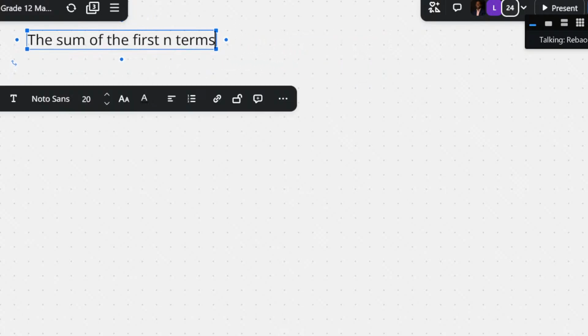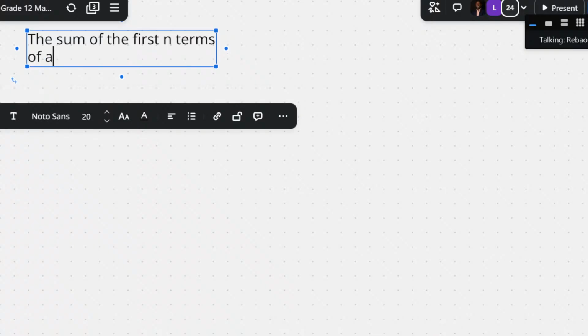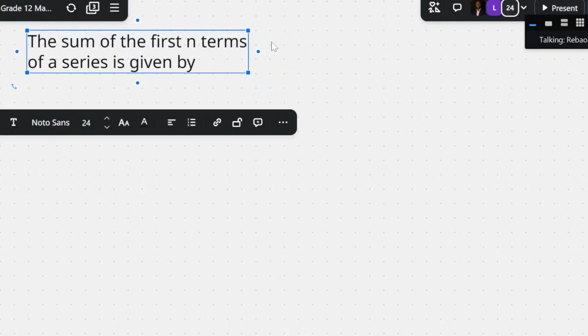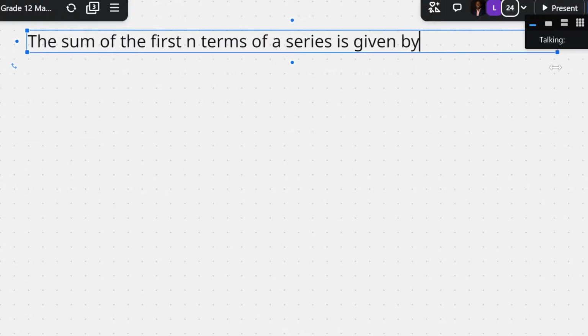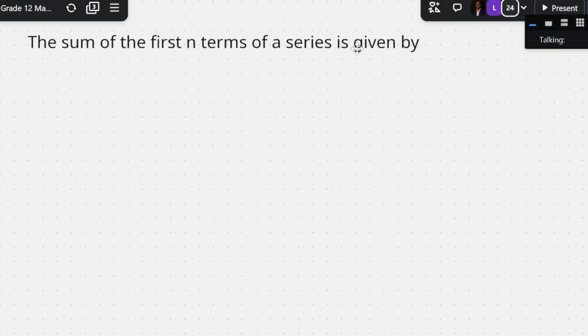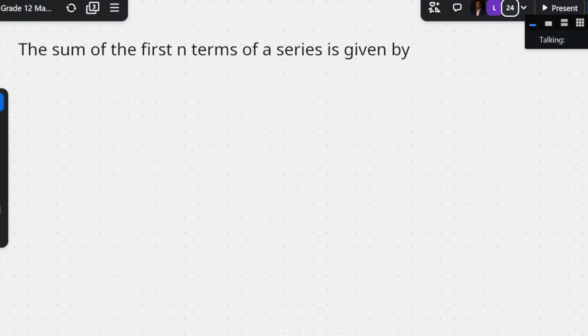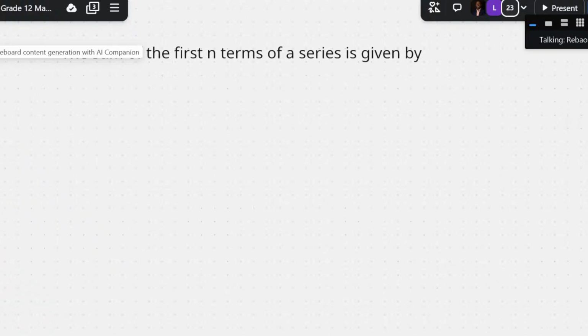You're gonna get it. The sum of the first n terms of a series is given by some formula, and I'm gonna show you this formula. The formula reads Sn